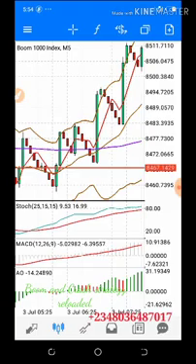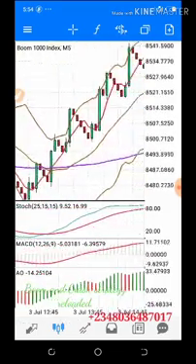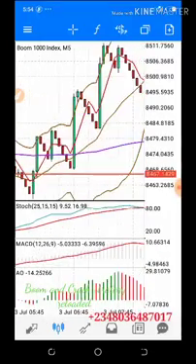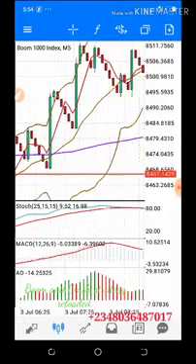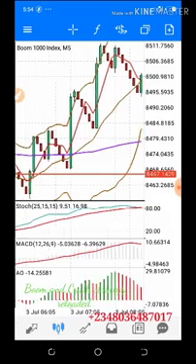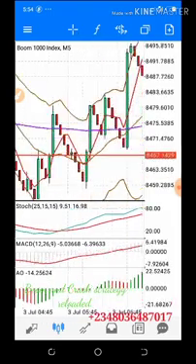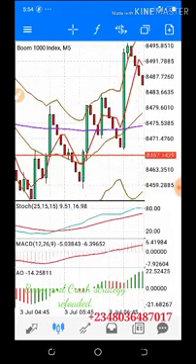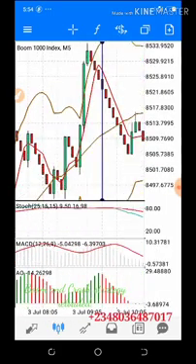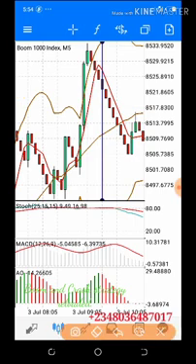So that's the same thing applicable to crash. Just make sure you work with your support and resistance levels. And also, if you want to trade the spikes, use support and resistance levels to identify where it will spike. Then let me share this indicator with you. This awesome oscillator over here.